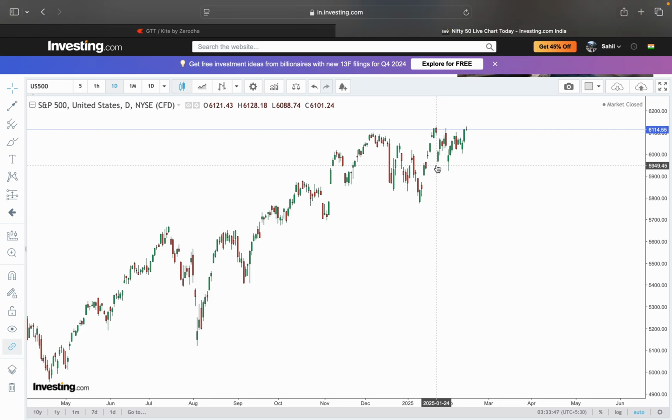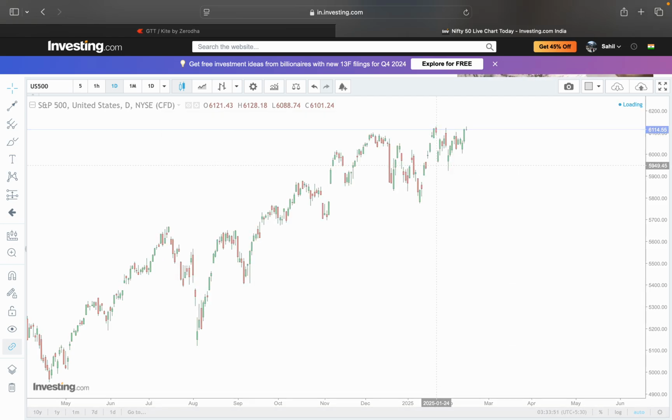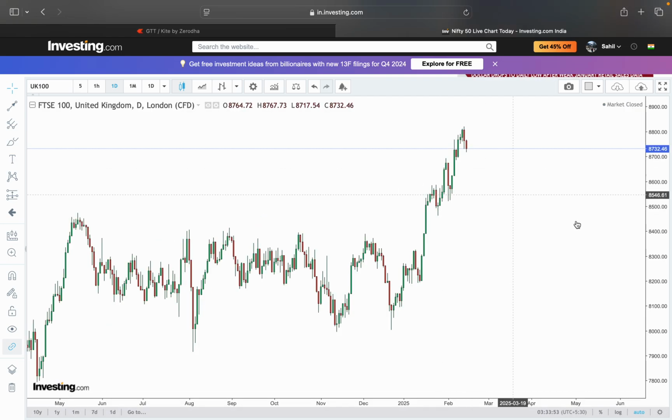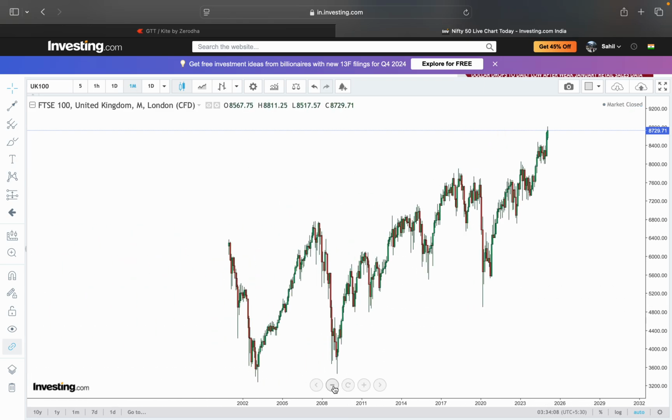Say for example, we could look at the UK 100 as a potential index, the FTSE 100 as they call it, and this is also a much stronger index. Of course, we are seeing a sort of bearish candlestick and its confirmation here, but I wouldn't dig too deep into this, because the one thing that is unique about the UK market is that it is first of all trading at its all-time high,